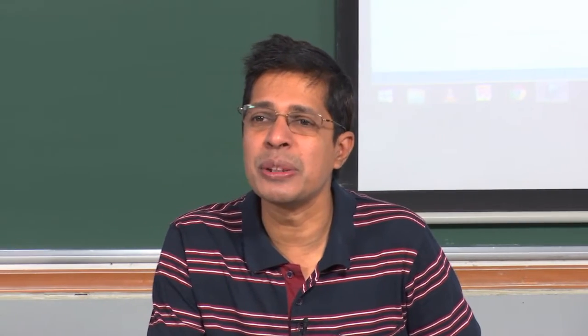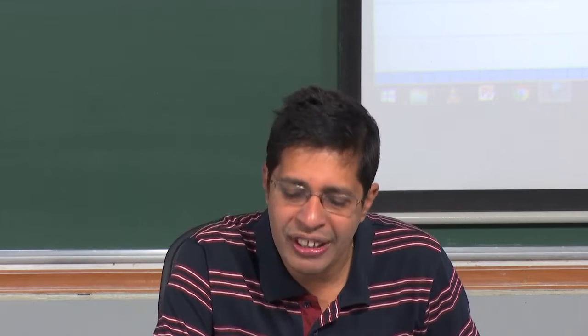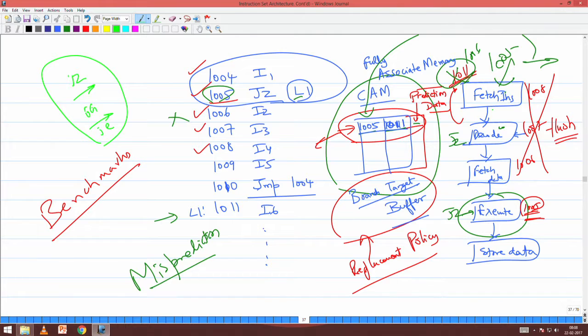By the time I come to the execute stage, that is the point where I realize what is actually going to happen to the jump. So far I have only predicted. If my prediction is wrong, I have predicted it will be taken and actually it is not taken, then I go and flush the pipeline. All these three stages, whatever I have fetched, the other instructions decoded and data fetched, I have to go and flush it out. Okay, right? Now please note that in the first 3 stages I am not